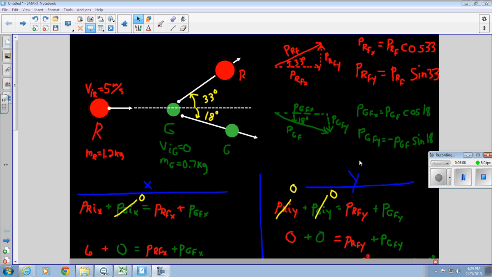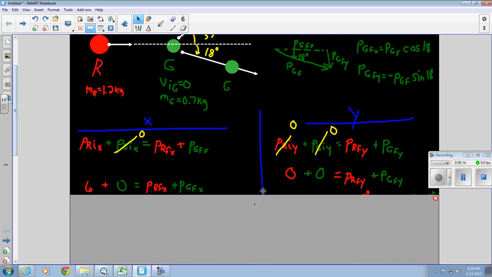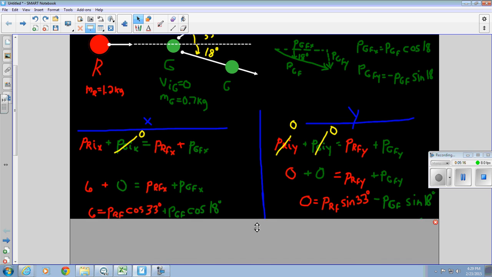So we do that here. And then we can plug in our variables. And when we plug these in, we have 1, 2 unknowns. Now we have reduced it down to 2 unknowns. And we can solve for,